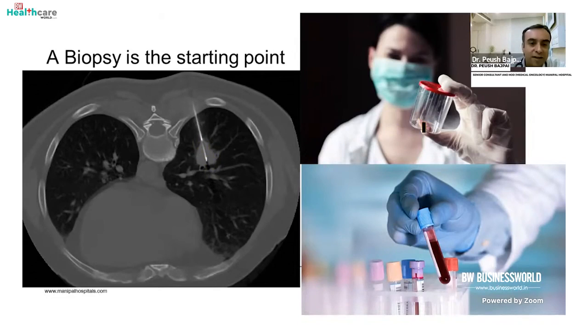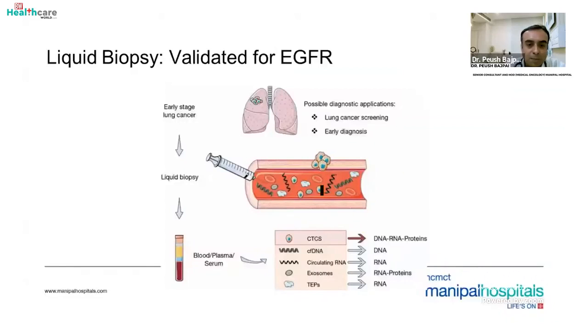So biopsy is a very important starting point of all investigations. If the biopsy is not feasible, then one can actually consider a blood sample, and this is what we call a liquid biopsy. A liquid biopsy means a blood sample where the DNA of these cancer cells, as you can see the green spiral, these circulating free DNA, are the DNA of the cancer cells. The cancer cell death takes place and the DNA is released in the bloodstream. This sample is taken and sent for analysis, and one can then find the genomic print of the cancer cells.